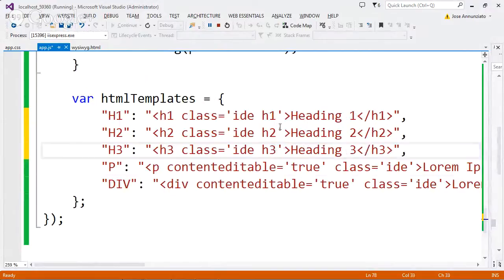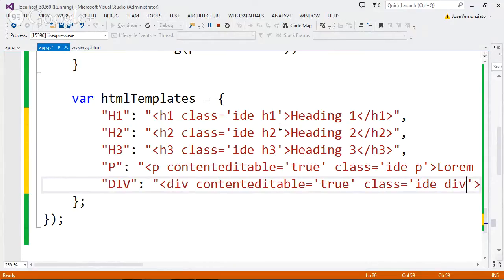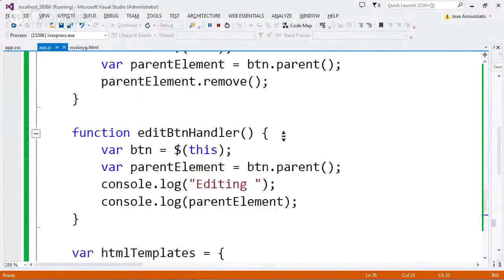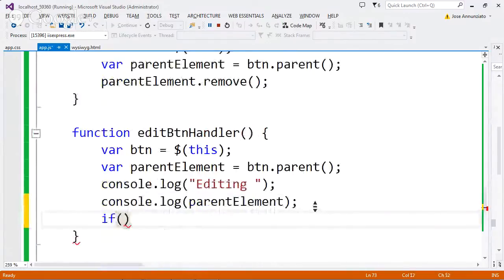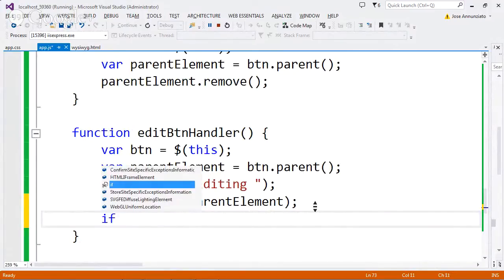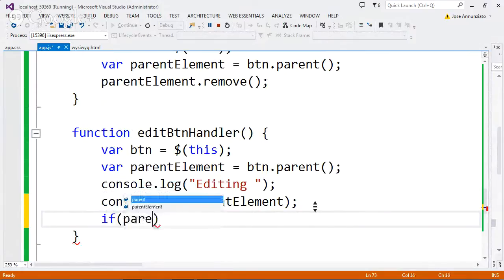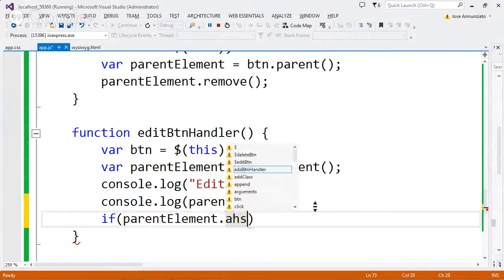This is H3, this is P, and this is div. We could grab the parent H1, the type, but for me it's easier to just grab it from the class. So in the edit button we can check if the parent element has class